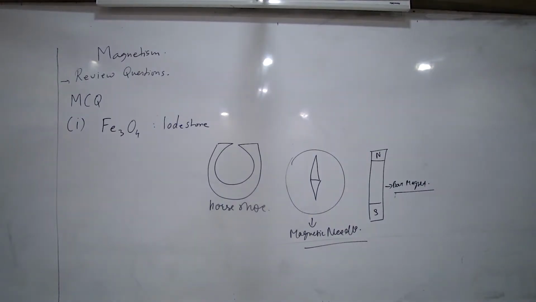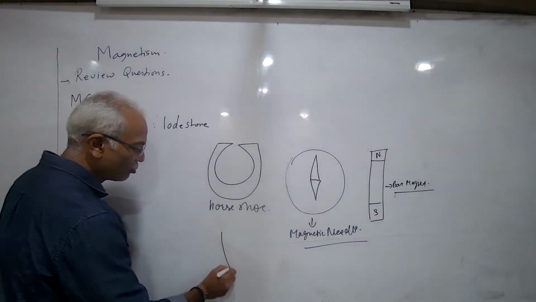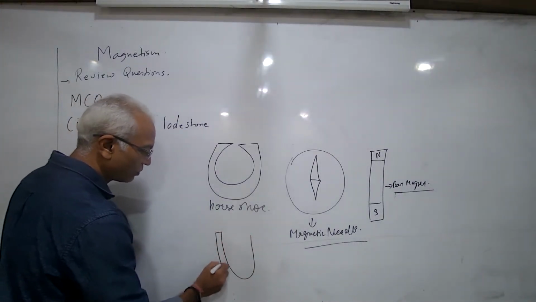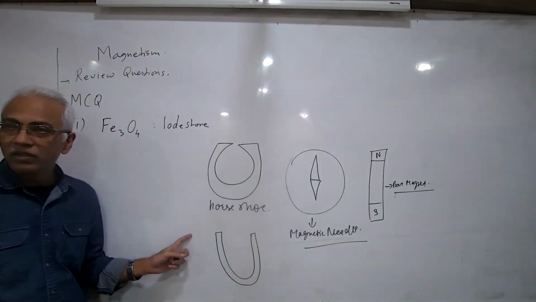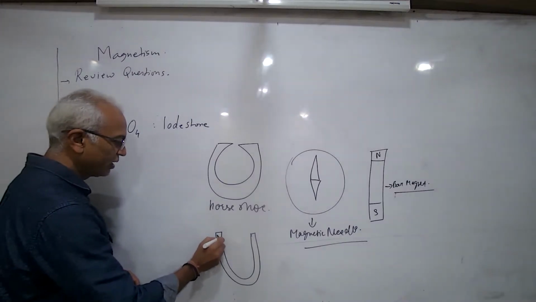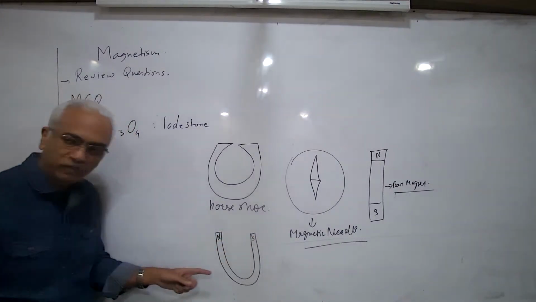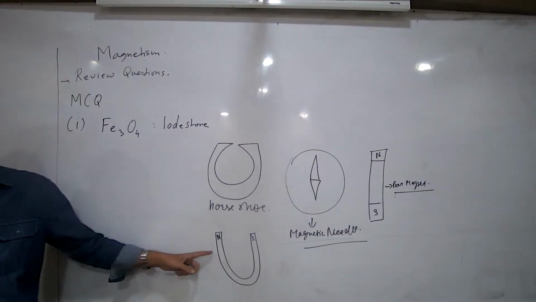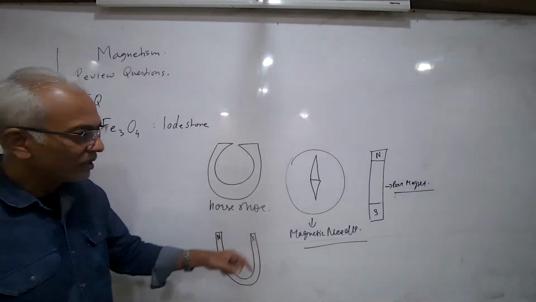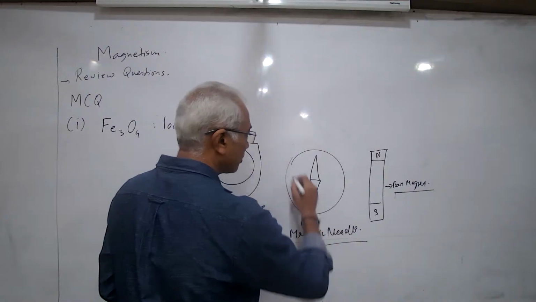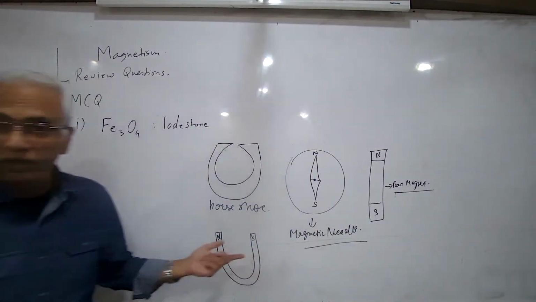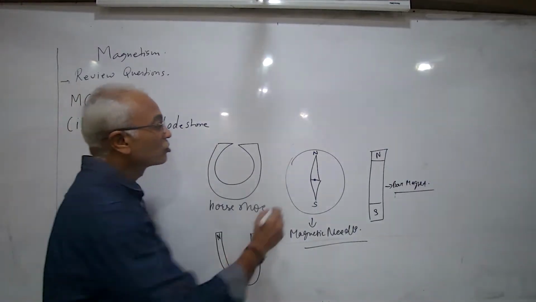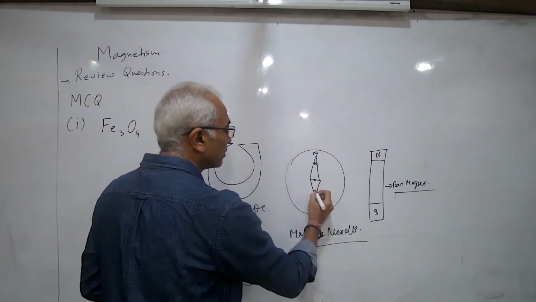But some corrections are required here. This is not looking like a horseshoe. A horseshoe is actually a U-shaped magnet, so it has to be a U. A magnet is not yet a magnet unless you specify the polarity. Now this is the horseshoe. Second, this is the magnetic compass, which is enclosed. Inside the enclosure, again you have to show the polarity. Wherever you have a magnet, you have to show the polarity on the magnet.